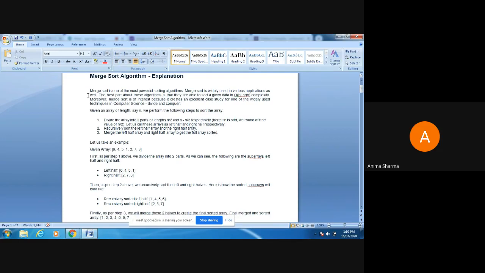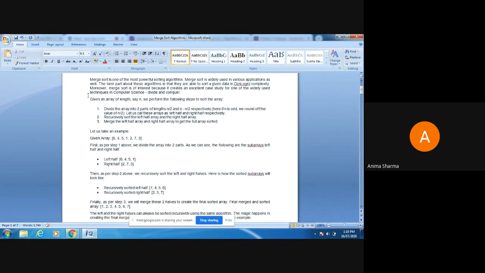Now let us take an example. Suppose the given array is 6, 4, 5, 1, 2, 7, 3. When we perform the first step, dividing the array into two parts, we divide the array into two halves. That is the left half, which consists of 6, 4, 5, 1, and the right half, which consists of 2, 7, 3.